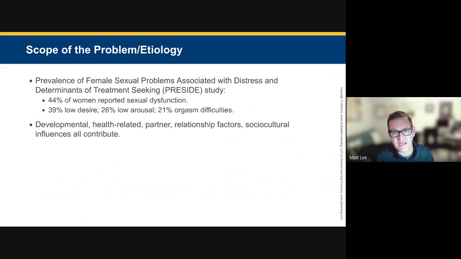Certainly partner and relationship factors. We'll just start with partner. Some of it may be that the partner is having health problems, and that's probably more common when you look at menopausal or perimenopausal women in their late 40s, early 50s, and 60s. Their male partners are going to be in that same age range and probably have male sexual dysfunction, like erectile dysfunction, which is difficult. It may not be hers at all, but she's a part of the relationship. Relationship factors I'm going to come back to a couple of times, because I think this is one of the key factors that drives desire disorders, and your book doesn't really delve into it a lot.